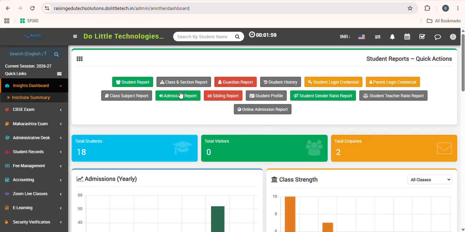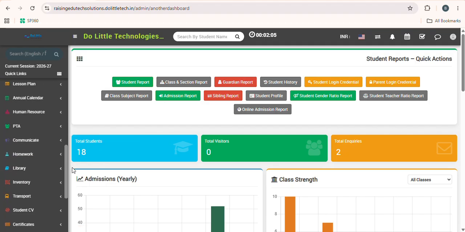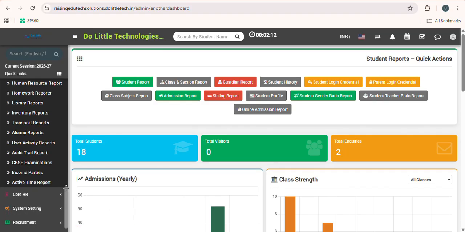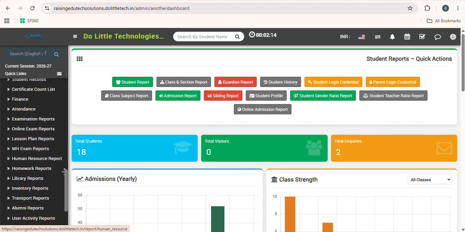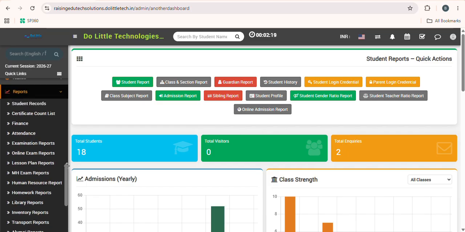So as you can see on our dashboard, we have several different reports visible over here. Similarly, the module for that, as you can see, we have it over here. When we click on the drop-down arrow, a list of several other submodules or reports is visible. So it has reports for almost all of the modules that we have. You get to see a summarized report for all of the modules: finance, attendance, exams, human resource, and inventory,